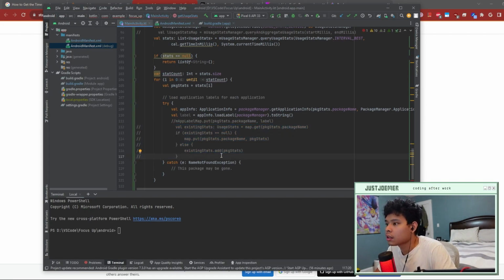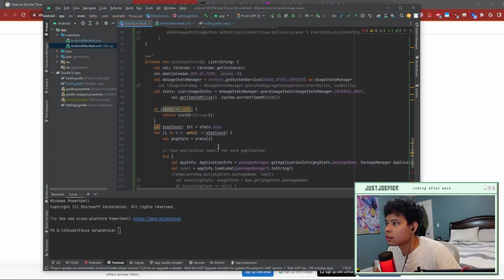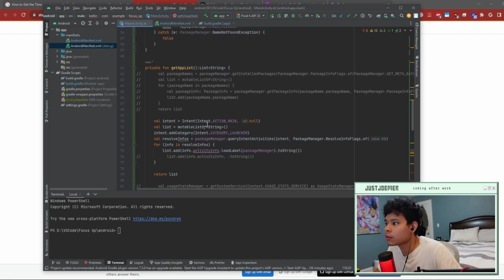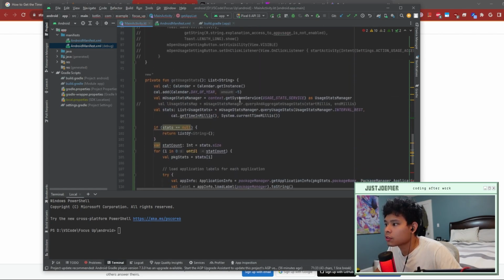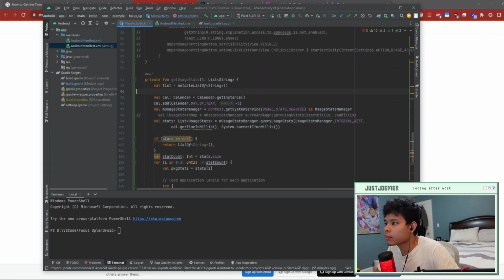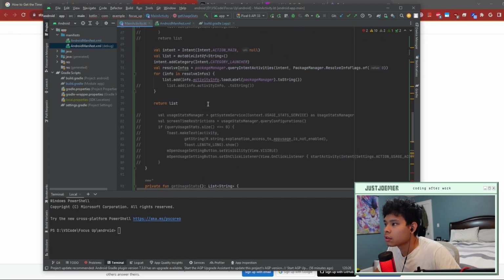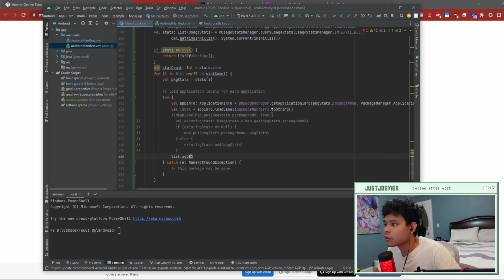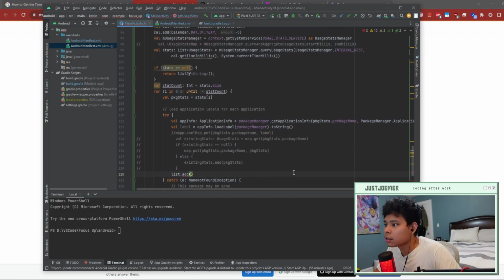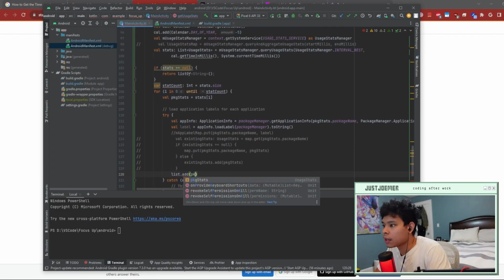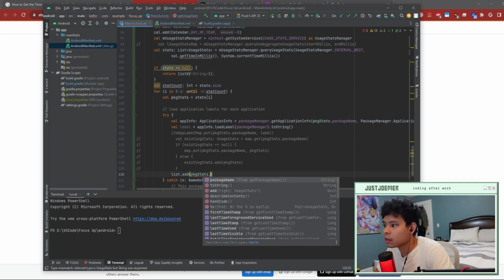What we want is we have the label, and so now we want to just do list.add. Do we have a list? We don't have a list. Let's just instantiate it at the beginning. And this should be list.add, right? And we just add whatever we want. So we can add package stats dot